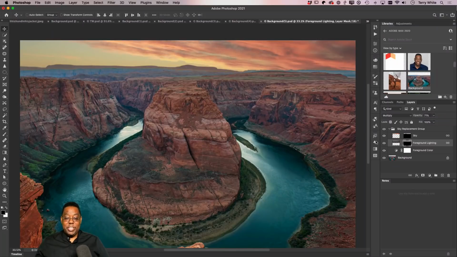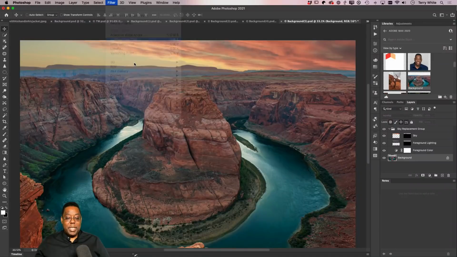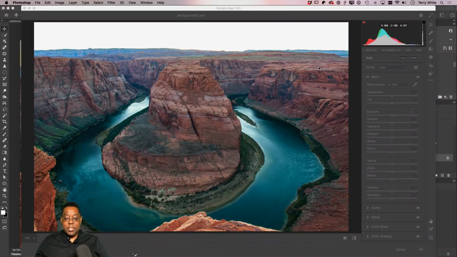And then I can just start making any adjustments I want from there, now that I've got a better sky. So I might go into the background. I might go into my Camera Raw filter, like I said, and start dehazing that background a little bit with my